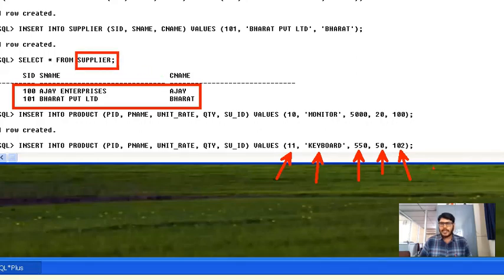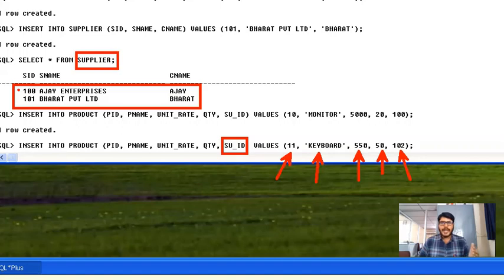So this time it will look for the 102 value in the parent table, because SU ID is nothing but the foreign key we have declared in the child table. Obviously, this is going to refer to the parent table and look into whether the value 102 is present here or not. Obviously, it will not find the parent key here.